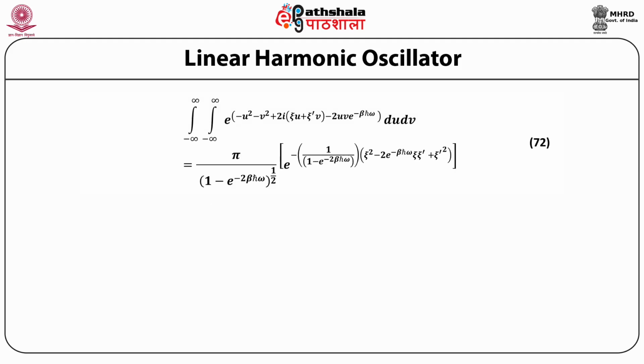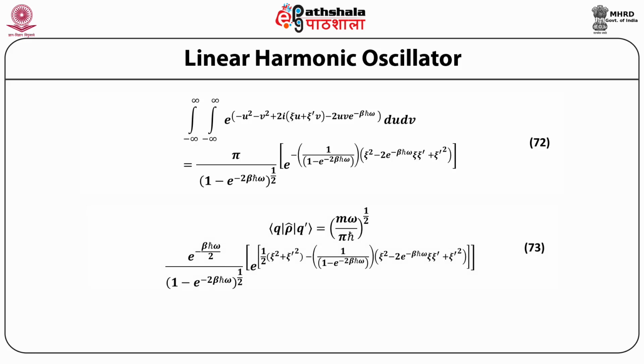Minus v square plus 2 iota xi u plus xi dash v minus 2 uv e raised to the power minus beta h bar omega, over u and v, is equal to pi upon 1 minus e raised to the power minus 2 beta h bar omega, raised to the power half, multiplied by e raised to the power minus 1 upon 1 minus e raised to the power minus 2 beta h bar omega, multiplied by xi square minus 2 e raised to the power minus beta h bar omega xi xi dash plus xi dash square, which can be further simplified to give